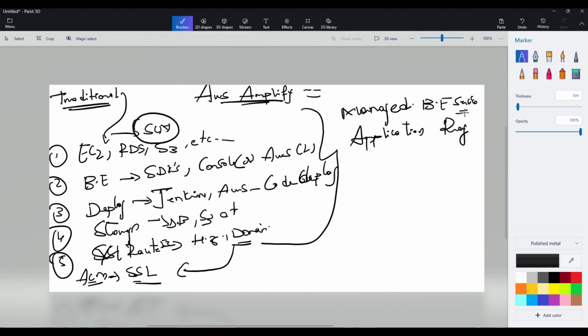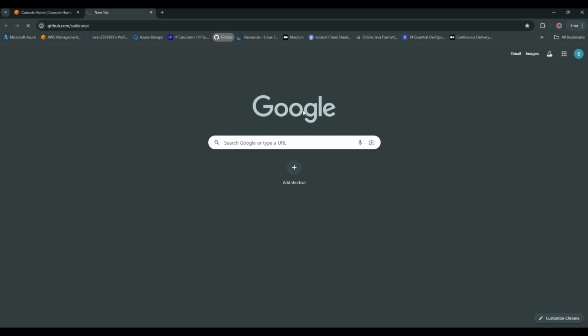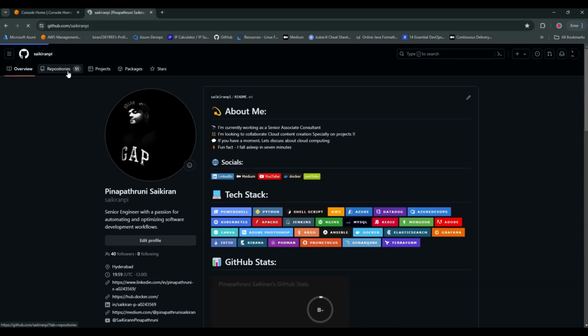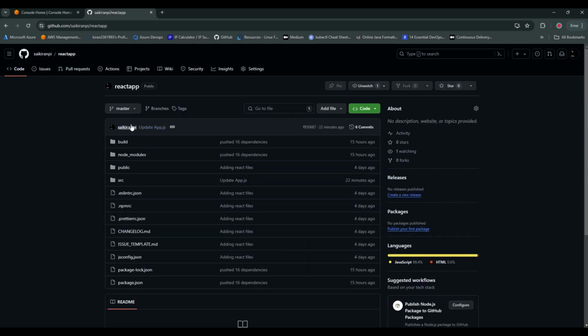What was the application here? I already have a GitHub repository. I stored it in the GitHub repository, and I'm going to show you. So this is my React application. I have downloaded this from internet sources. I haven't done anything from scratch because I'm not a developer, but I do understand the entire code and